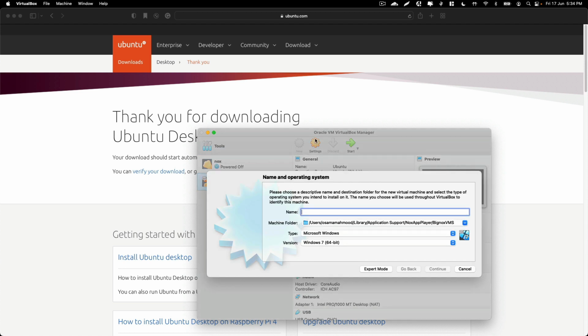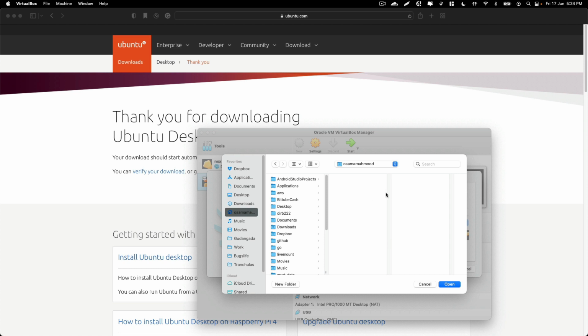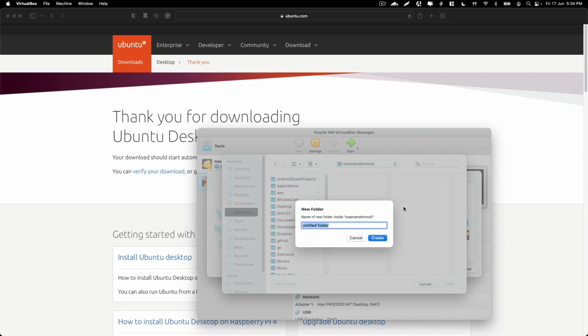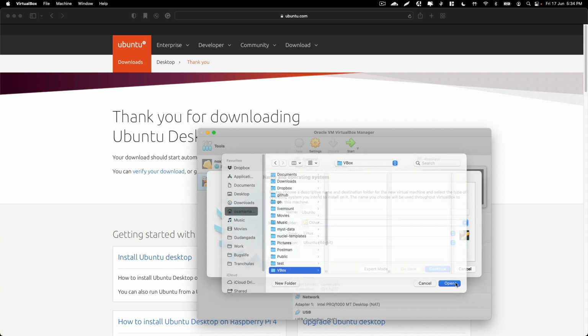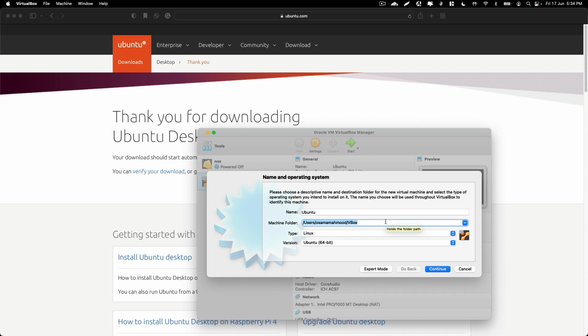So open up your VirtualBox, and in here just type in the name that you want to use for your virtual machine. And over here you need to select the path where you want to store your virtual machine data. So I'm going to store it in my home directory. So just go over to your home, and I'm going to make a folder vbox for storing the virtual machine, and click open. And this location will be used to store all the virtual machines that you will be creating